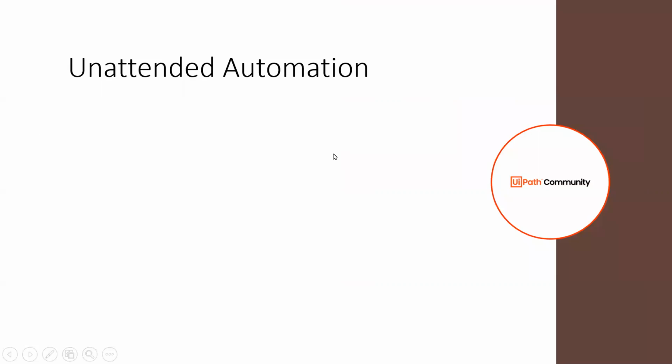Okay. So that was a brief introduction about what is Orchestrator. We understood what is Orchestrator, basically how it is used and in what cases it can be used. Now further moving on, it has two types of automation, as we can see on the screen. First is unattended automation that we are going to discuss. First let us break down this word, unattended automation. Automation is basically the workflow we build, the use case we automate or the process we automate. But why is it called unattended? Let's explore that. Priyanka, please.